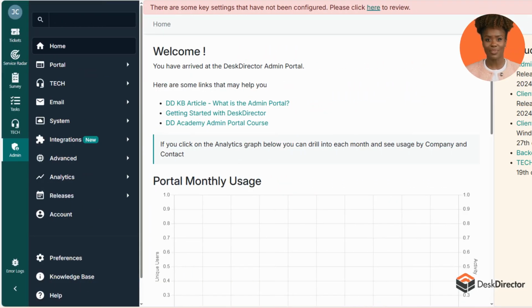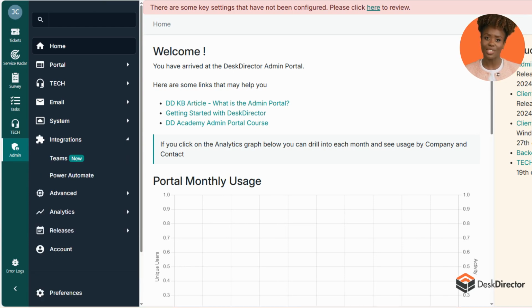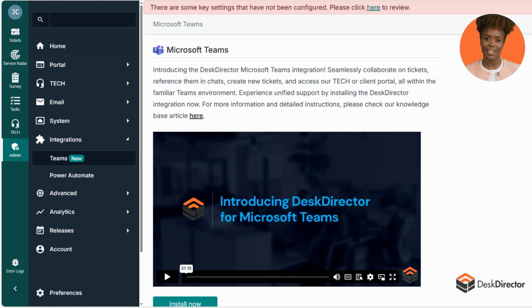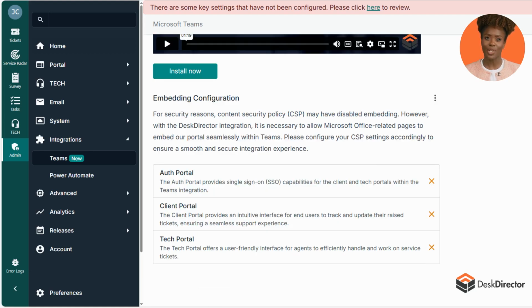Method 1 Setup. To configure the necessary settings automatically, navigate to your admin portal. Then, click on Integrations and select Teams. In the Embedding Configuration section, open the drop-down menu and choose the options for Enable Client Portal and Enable Tech